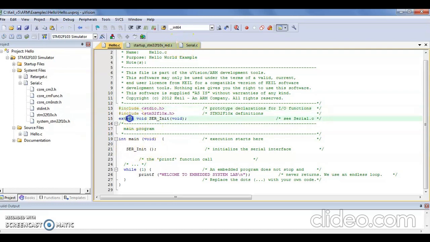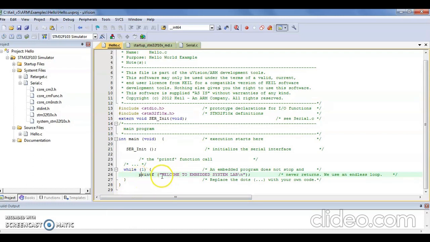We have given it as extern here to mention that this is present externally, outside of this hello.c program. I am using a sample message within the while(1) loop to transfer this. So it's an unending loop here, which goes on printing the message or sending the data.